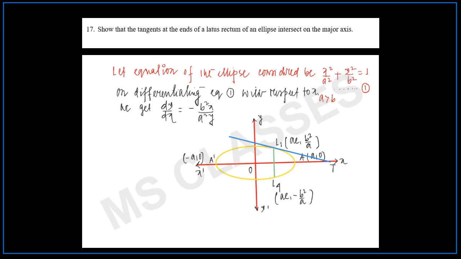On differentiating this equation, we get this. Now we need to get the equation of this tangent. We need the slope of the curve at this point, which is equal to the slope of the tangent at this point. So slope of the tangent